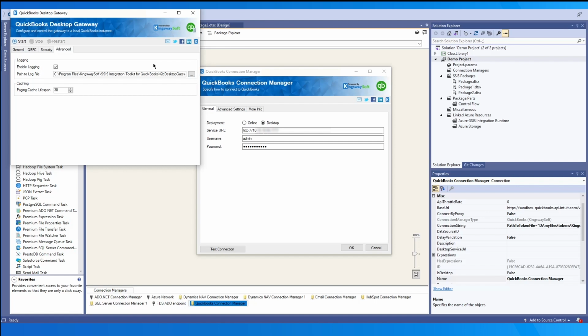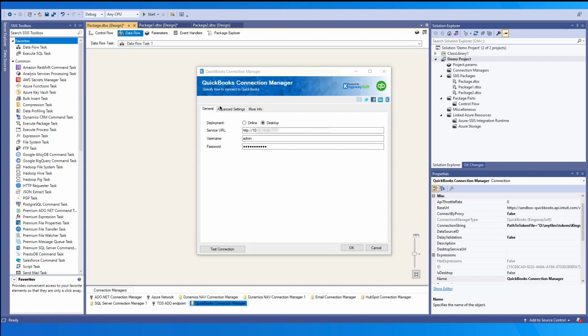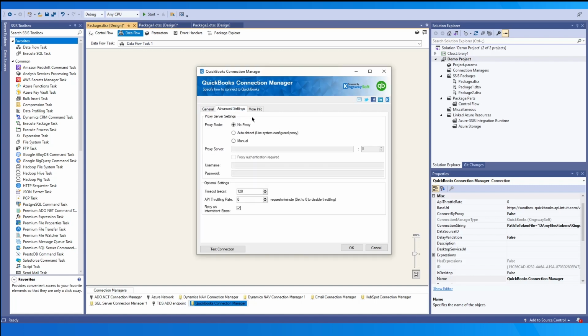If we go back into the second page of the component, we can set proxy configurations here. By default, this is set to no proxy, but you may use the auto detect for system configured proxies. Otherwise, you may manually enter the proxy details such as a server and port. If authentication is required, you may enable the option and provide a username and password as well.